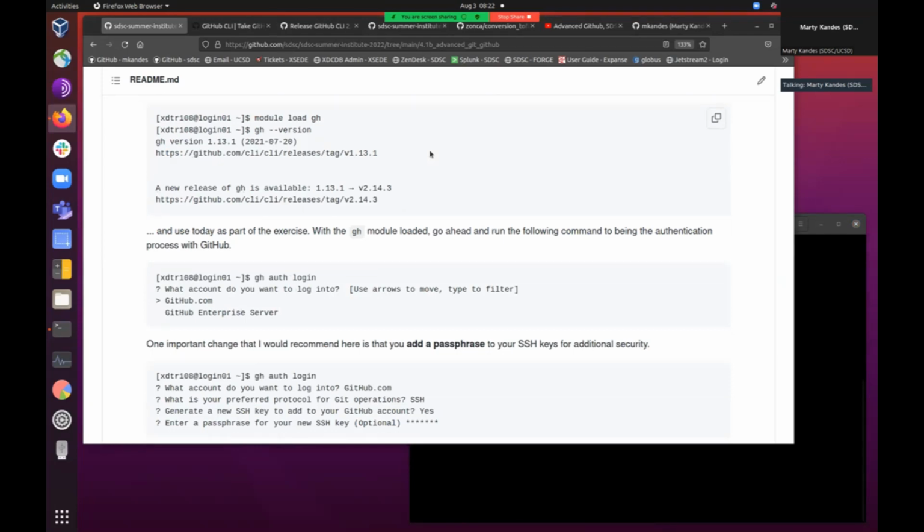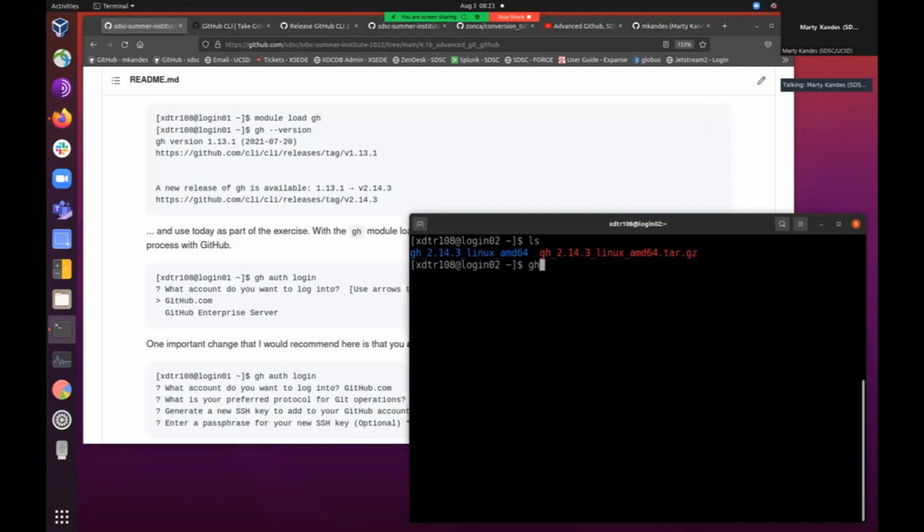So when you start working with this GitHub command line tool, you first need to prove to your GitHub account that you are who you are. And so the first command that you do to set up that trust relationship is with the GitHub auth login. Okay, so you go gh auth login,